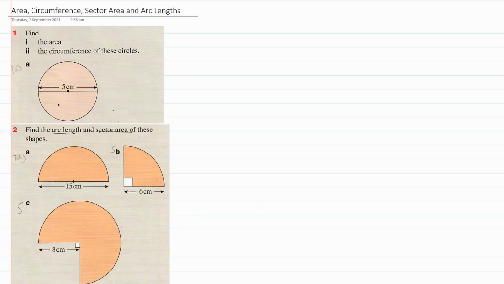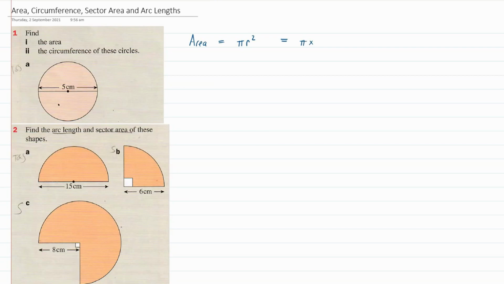So first of all, let's just review the basics. So question 1a, the area of a circle. Area of a circle is equal to pi times the radius squared, which in this case is pi times, now